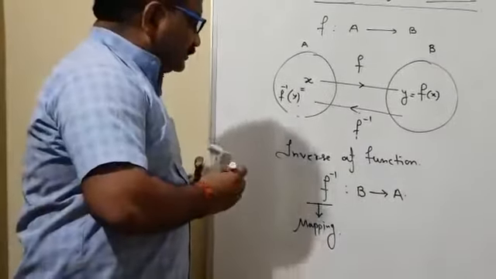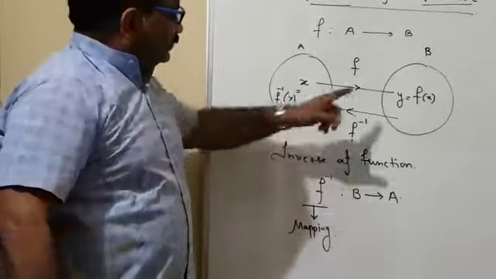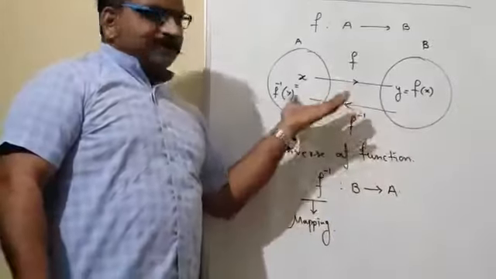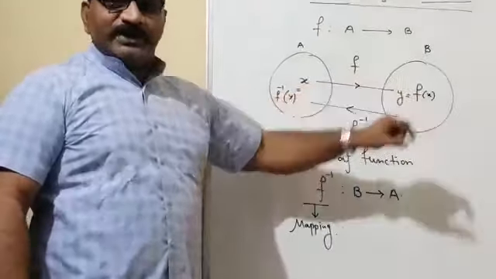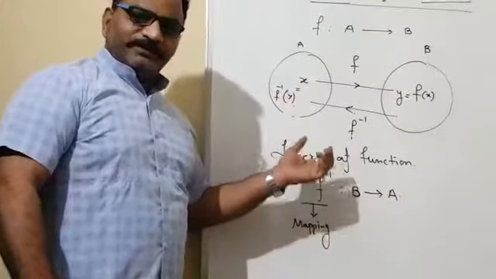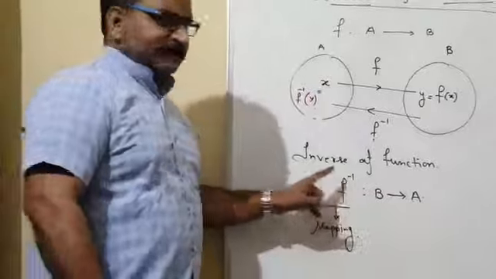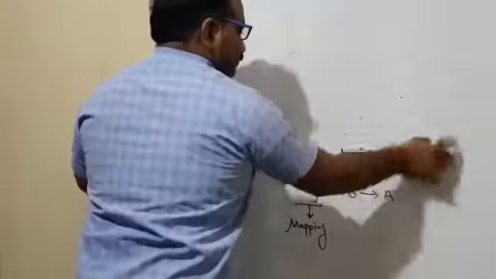Now the important thing is this: in which condition does that mapping exist, in which condition does the inverse of the function exist, in what condition is the reverse passage possible? Is it possible in every function? Is it possible in every case? Is it possible every time? So let's see in which conditions this inverse of the function will exist. We have to sketch some diagrams here.